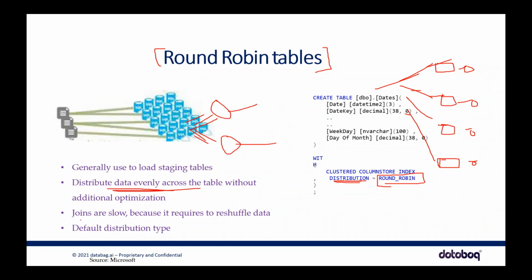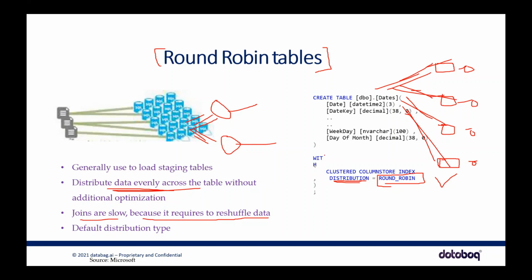So that is what happens here. Joins are slow because it requires reshuffling the data between all these compute nodes. Here we are only talking about 4. But when it comes to MPP and Synapse, you might have n number of compute nodes, and we don't really know how many compute nodes it's going to store the data in at the backend. Loading data, however, is fast, because while loading data, I'm not adding any intelligence there. I'm closing my eyes and just throwing one record here, the other one here, the other one here. I'm just throwing and dumping the data.